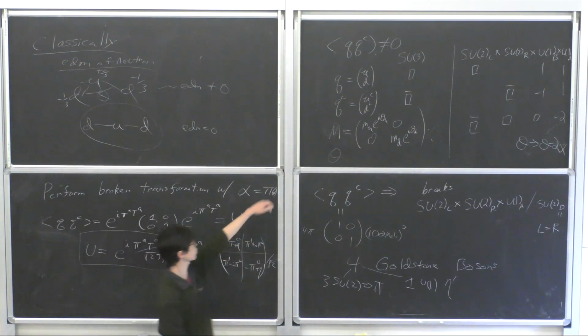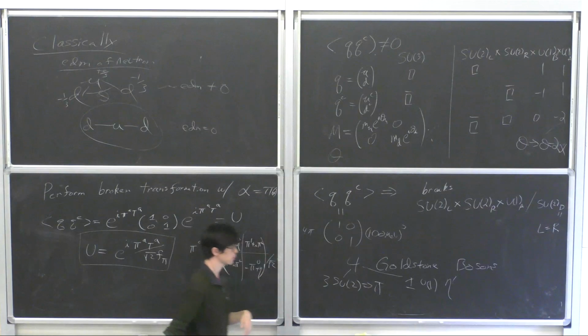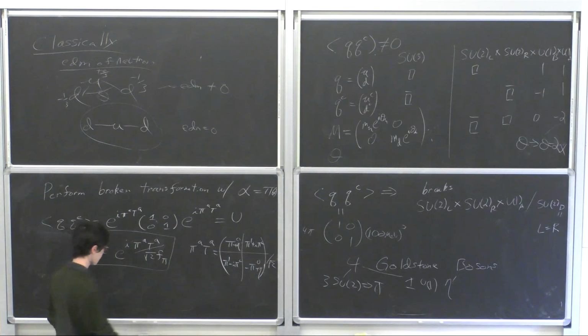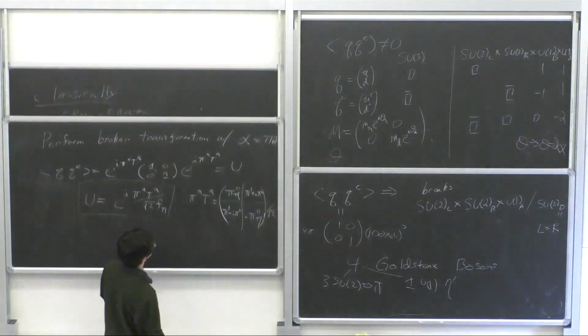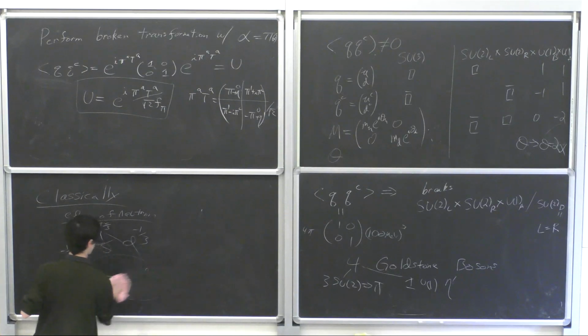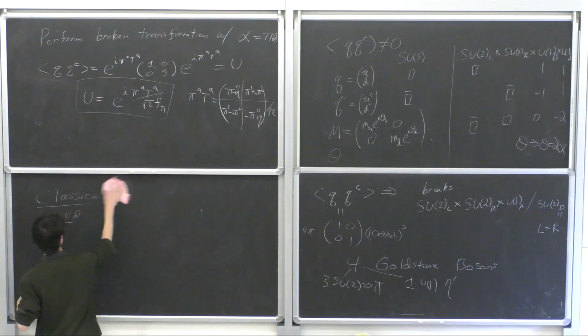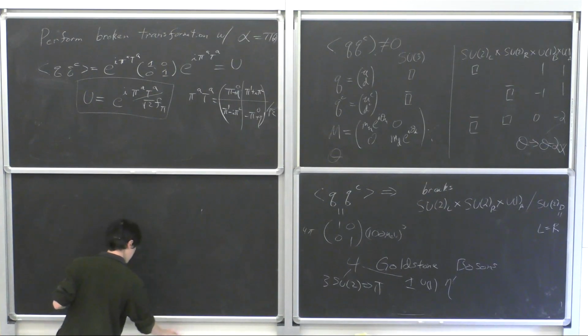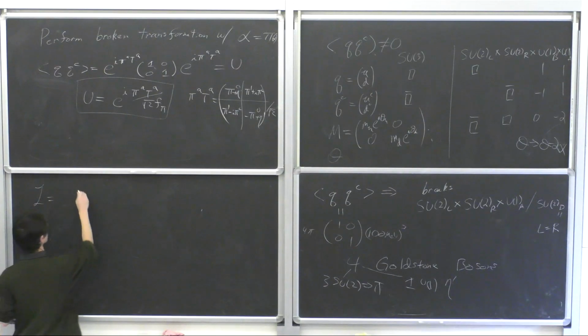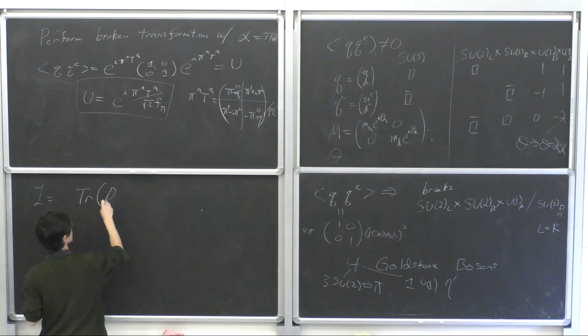We have the spurions here, m and theta, right? If these spurions did not exist, then you'd have a bunch of massless Goldstone bosons. But they do exist, and so we just write everything consistent with symmetries, because we're effective field theorists. This is how we do things. First, trace of dU